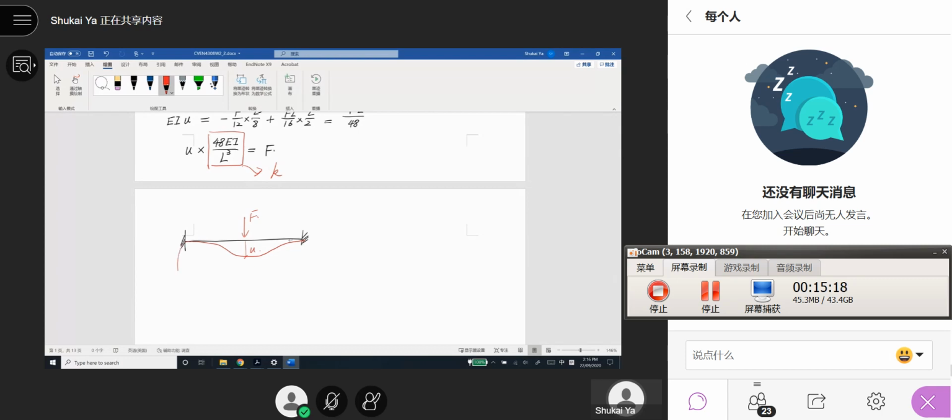The boundary condition here is when x is equal to 0, you get v is equal to 0. When x is equal to 0, the slope is also equal to 0. And here, when x is equal to half L,